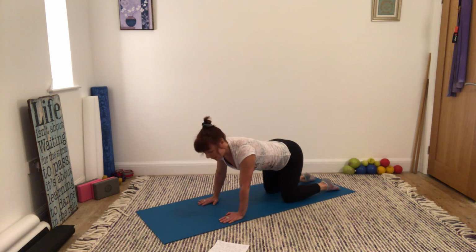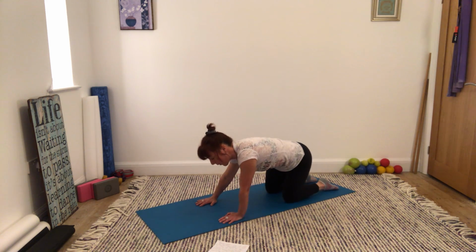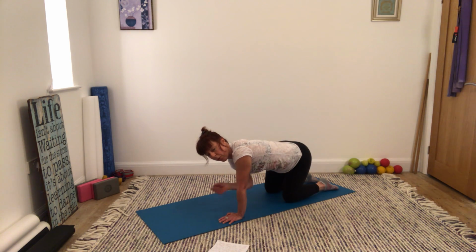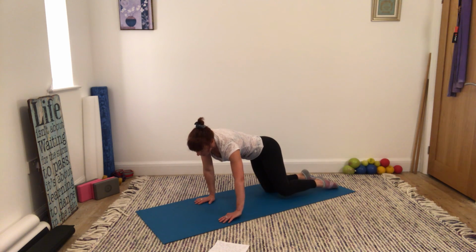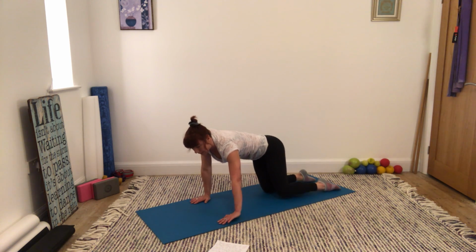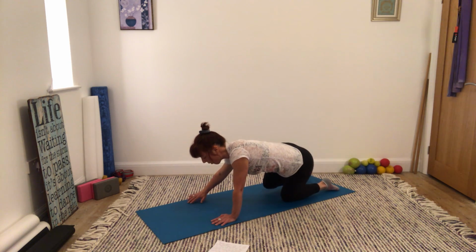So as we did just now with the spine circles, with the vertical spine circles, take your ribs out to the side and then take your ribs out to the other side. Feel like you're really stretching in the side seam of your top. So from above, you're almost creating a curve. And then you take your ribs all the way over to the side to the point where you can unweight the same side, hand and knee. You don't actually need to lift up. If you lift up, it's much harder to balance and it'll all be a bit whoa. Whereas if you just shift your rib cage over,